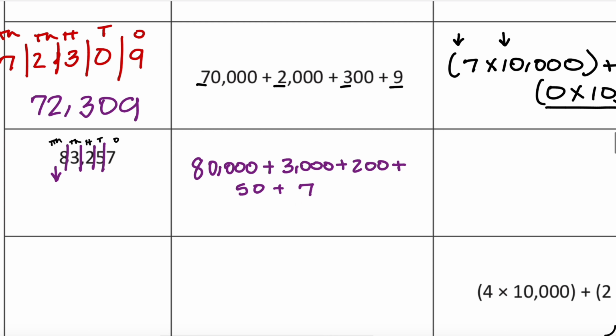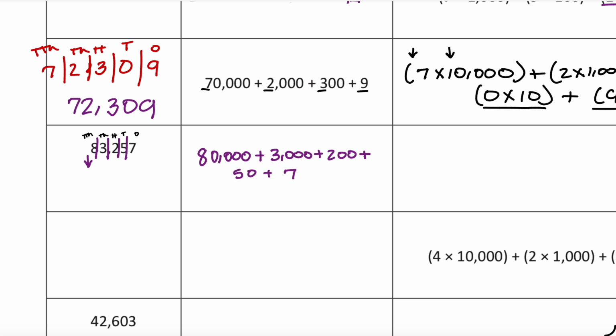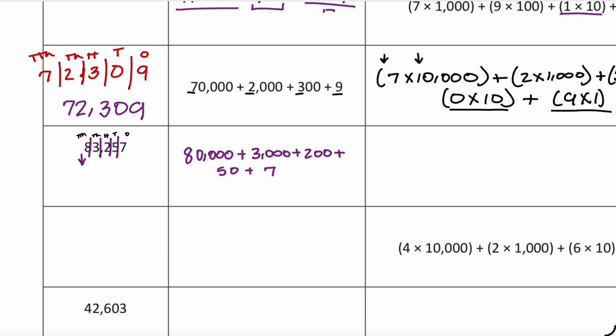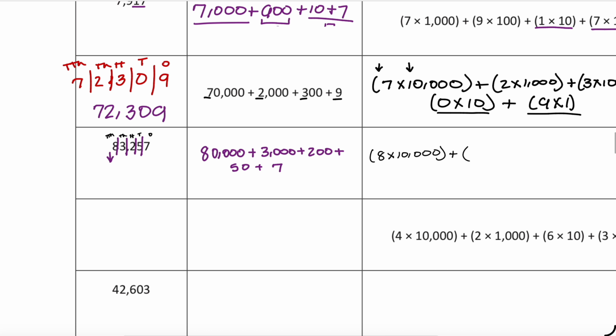Okay, so what place is the 8 in? The 8 is in the 10,000s place. So that's going to be 8 times 10,000. And we know that 8 times 10,000 is 80,000, plus 3 times 1,000,